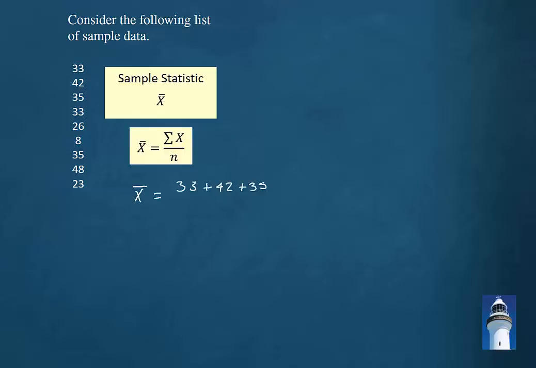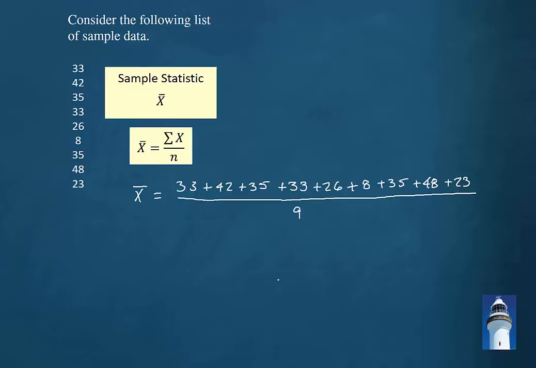So we will begin by adding up all of the data values that we find in this sample, and then we will divide that sum by the sample size, which is 9 this time. And when we perform this calculation, we wind up with 31.4 repeating. Now, the general rounding rule states that we should not do any rounding at all until the final calculation has been made. The rounding rule for the mean says that we should round to one more decimal place than occurs